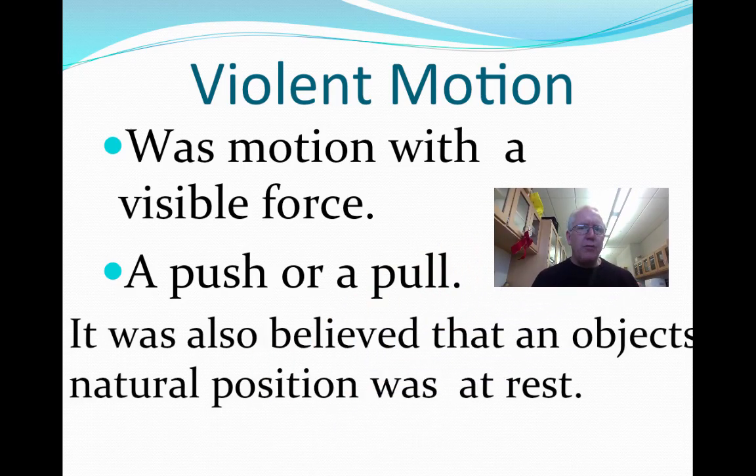Another part of their belief was that an object's natural position was at rest. So they felt that if a rock fell, it would fall and then it would come to a stop because its natural position was at rest. Or if something was sliding across a surface, they would say that its natural position was at rest, and that's why it came to rest. No force was recognized. They also felt that the earth was completely still, and we know that we don't look at that now, but that was an interesting change in the way people thought. But for a long time and for most of human history, the prevailing belief is that the earth has stood still.